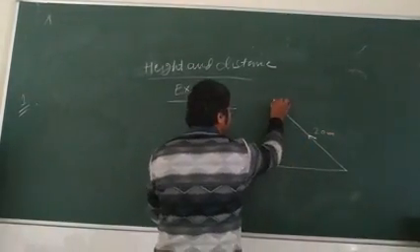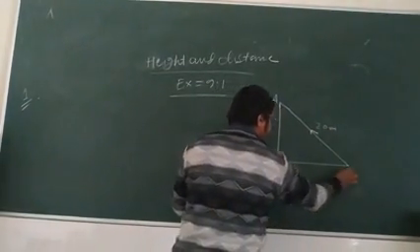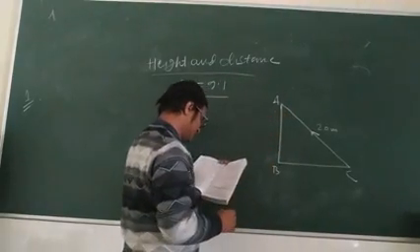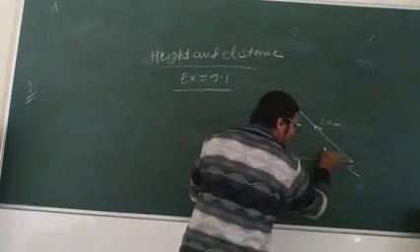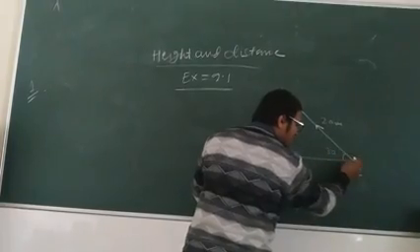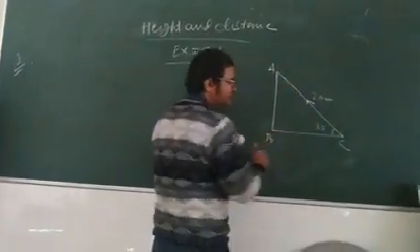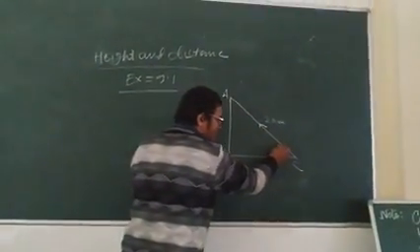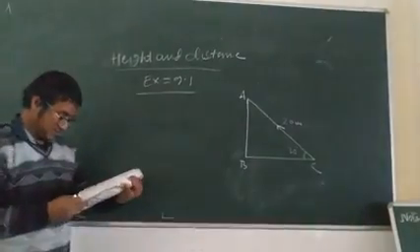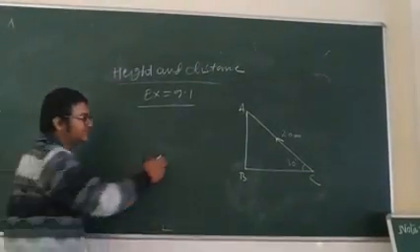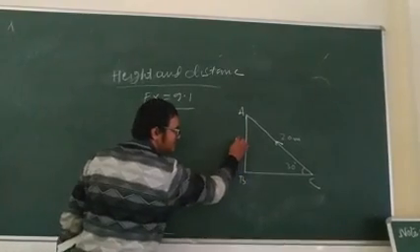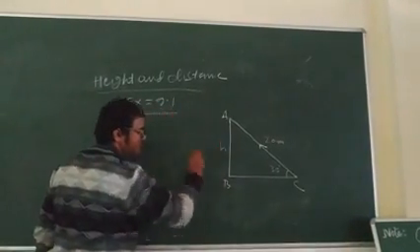Okay, so suppose this angle is ABC, and this length of the rope is 20 meter, and this is the angle of elevation. Okay, because it is going from bottom to top, so this is the angle of elevation, 30 degree. So you have to find the height of the pole. Means AB is the height of the pole. So this you need. So I have taken this as H.